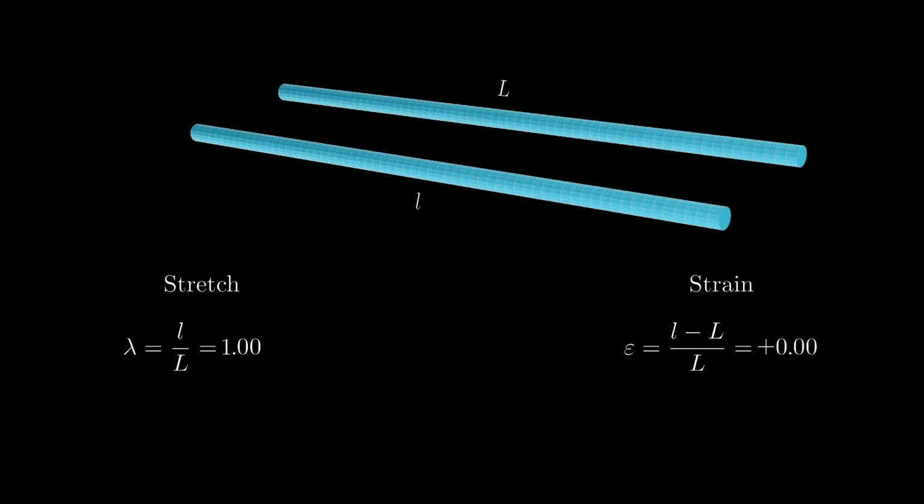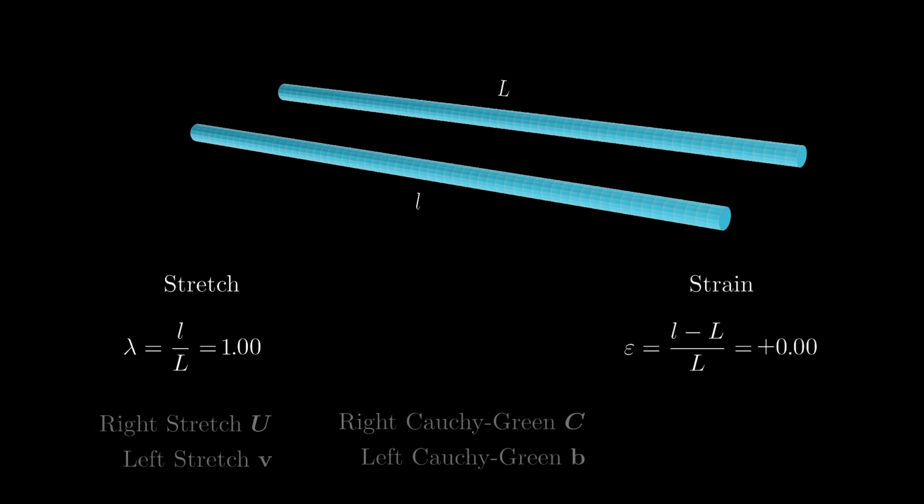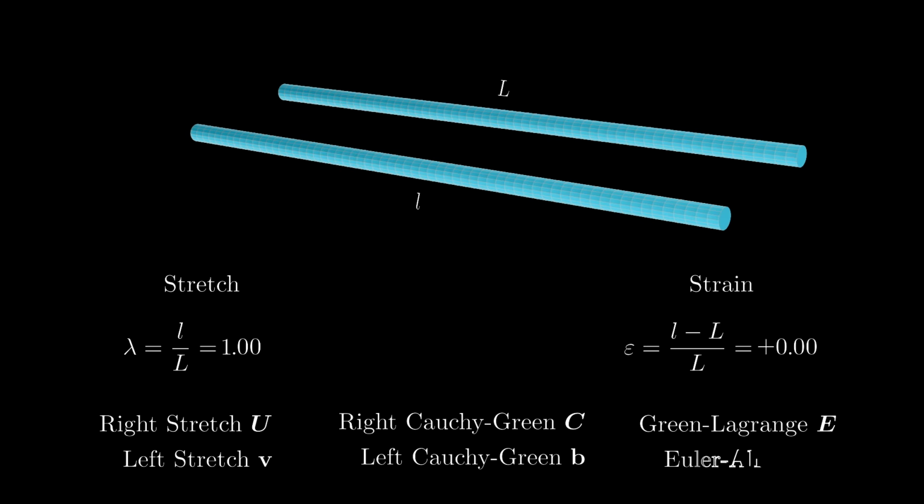Did you notice that I didn't call any of the tensors that we discussed so far strain tensors? Remember that in 1D the stretch was 1 in the undeformed configuration, while the strain was 0. The tensors U, V, C and B all have in common that they are equal to the identity in the undeformed reference configuration. This distinguishes them from strain tensors, which are measures of deformation that are 0 in the undeformed